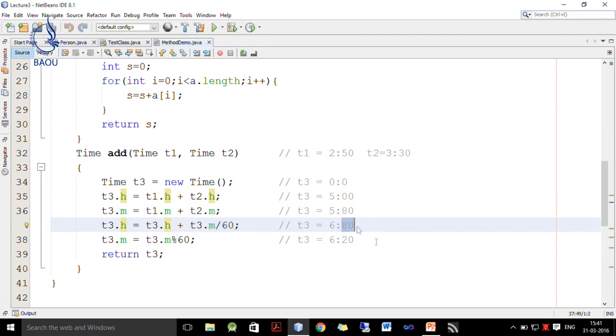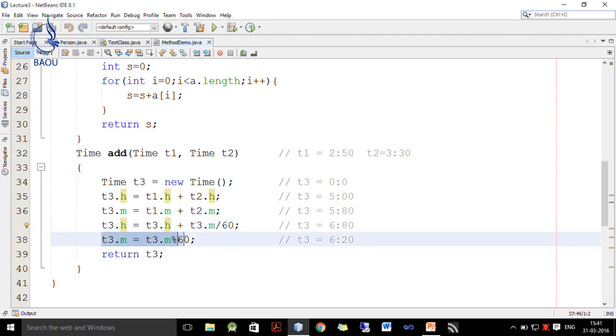But now I want to subtract 60 from these 80. So, how to do that? I write T3 dot m is equal to T3 dot m modulo 60. That means, above 60 we have to take, not the entire 80.